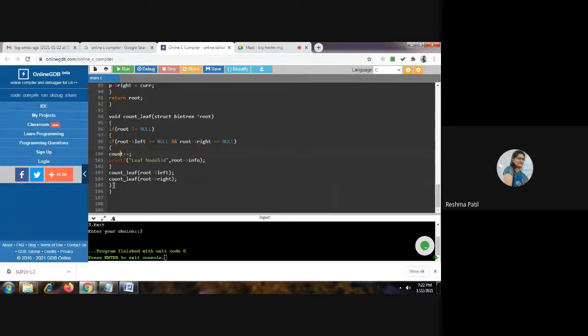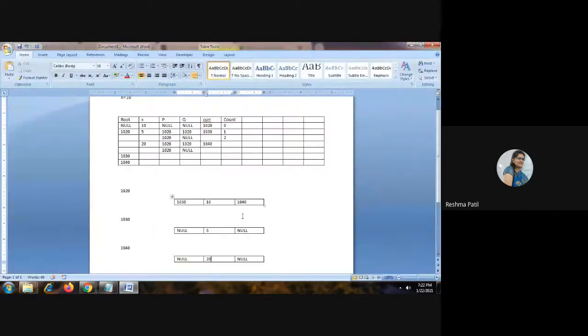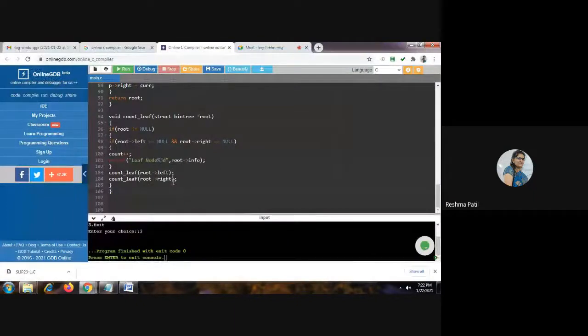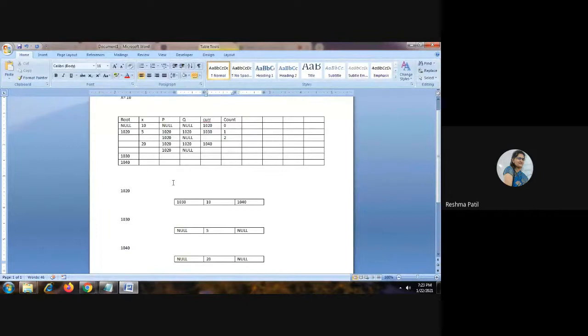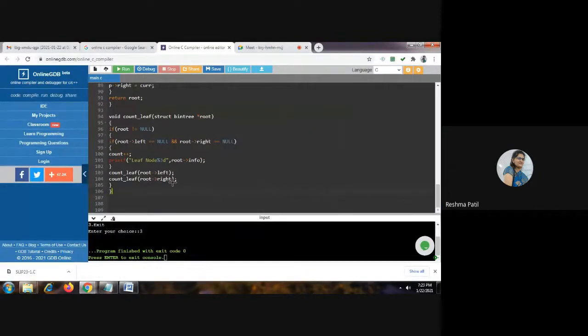Again we come to the end of the void count_leaf function. Here root left and root right will at last come to the null point.